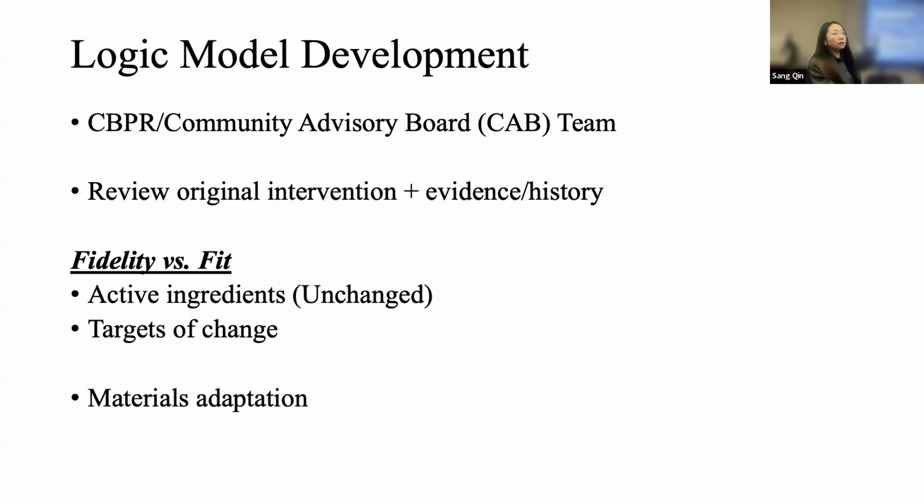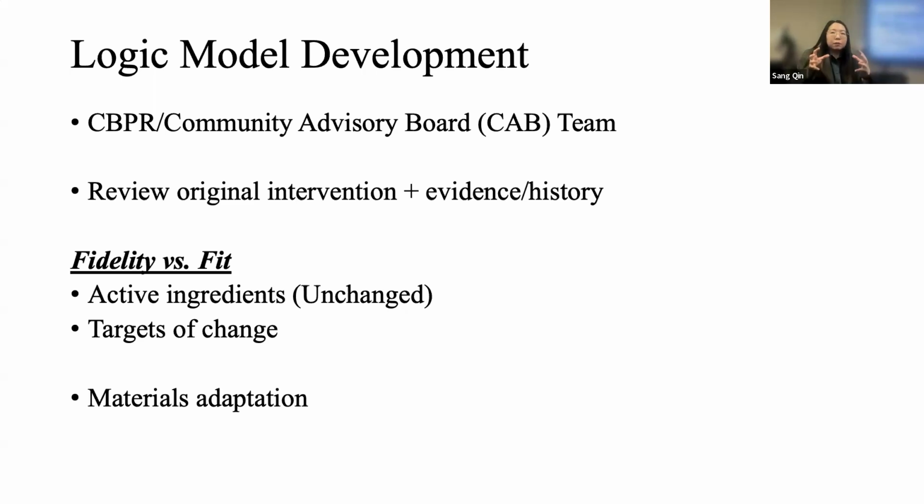Then we move into the fidelity and fit assessments. When we're adapting an intervention, it's important to adhere to the core ingredients of the original intervention. Those are the things that should remain unchanged in order to produce the effects that we can observe. But in addition, we need to do the tailoring to the community, to the issue, to the context. So the first thing we need to differentiate is what needs to remain unchanged, considered the active ingredients of the intervention producing the effects.